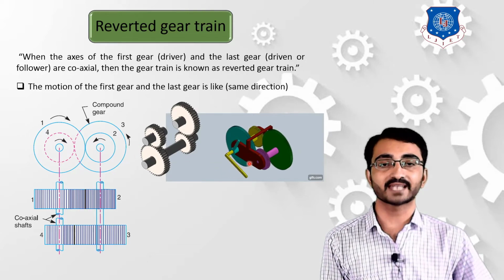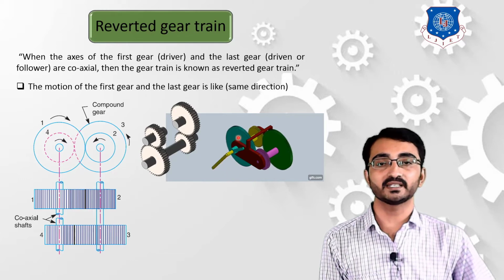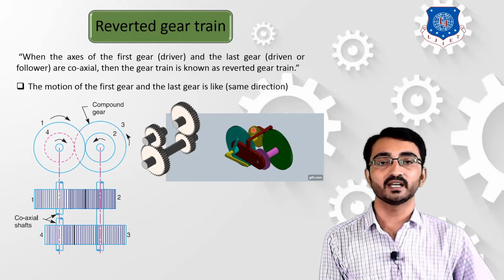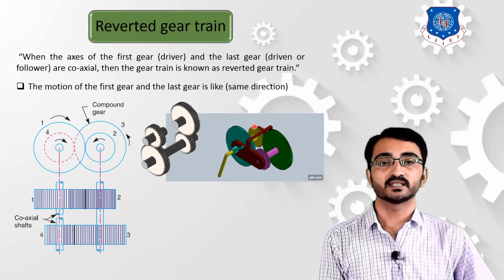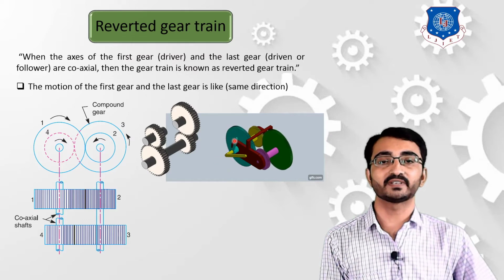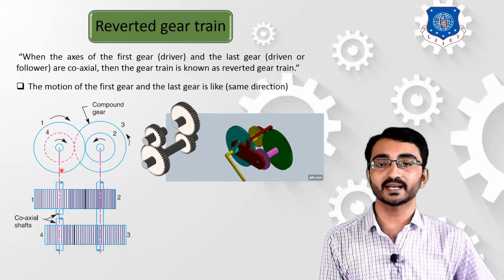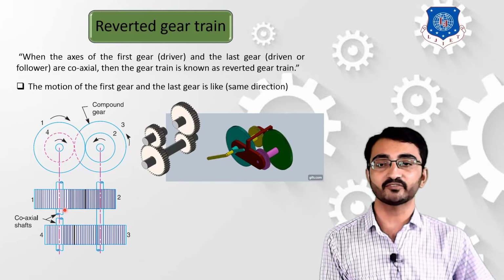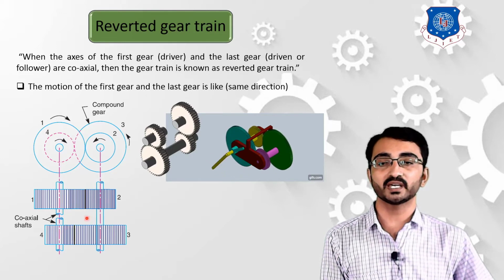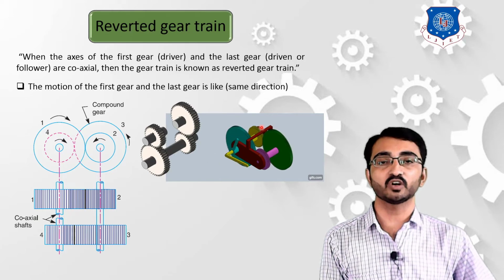Let's refer to this diagram. Over here, let's consider that this one is your driver gear and this yellow is your driven gear. Then you can see that the speed of driver gear is slow while the speed of driven gear is large, and they both are mounted on a same line of axis. Over here they both are coaxial, but the shafts of gear 1 and gear 4 are different. In this way we can achieve speed increment or speed decrement on a same line of axis.